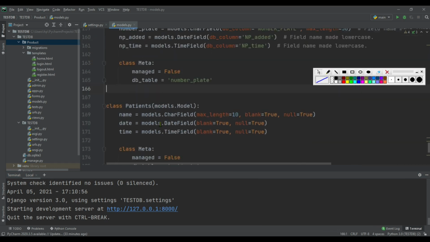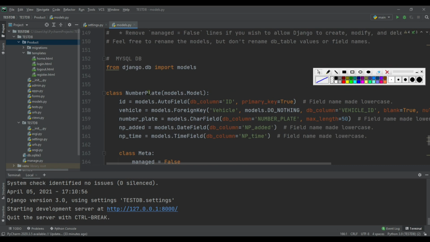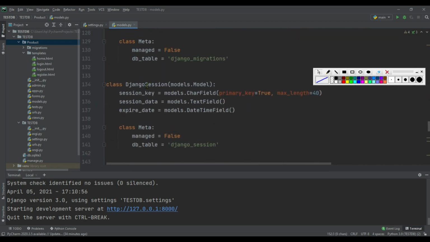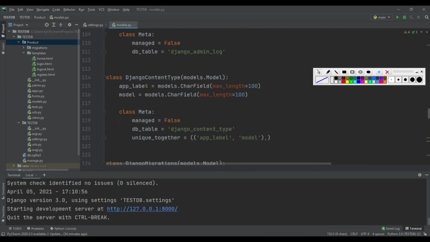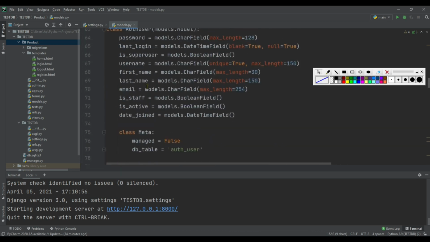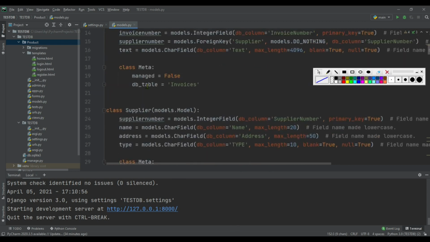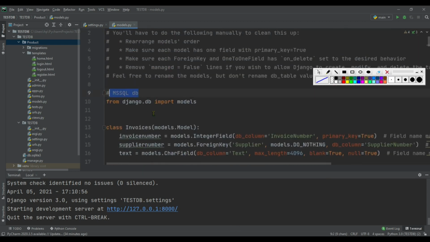This vehicle, patient and number plate model class are imported from MySQL DB. This Django session, Django migration, this model class are imported from MySQL DB. Now let's see how to differentiate databases while using Django ORM queries. Normal queries generally use default database.